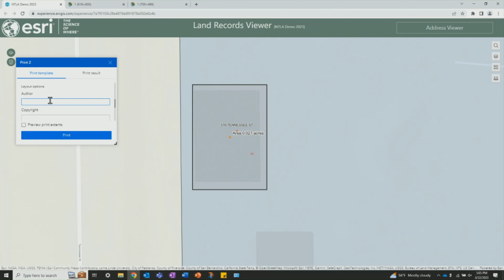And then go ahead and put in our author as well, who made it. This can include your legend, your north arrow, and your scale bar, if you want to put that in miles or feet, etc. And then you can go ahead and click print, and hopefully, if it likes me right now, it'll just print,